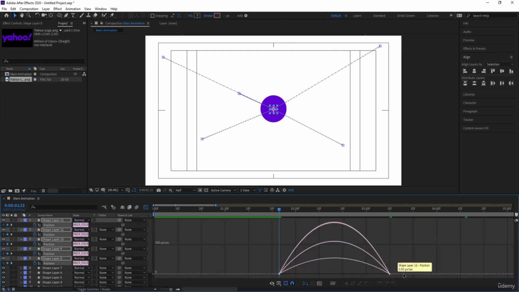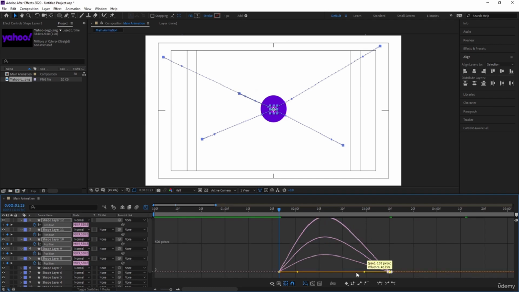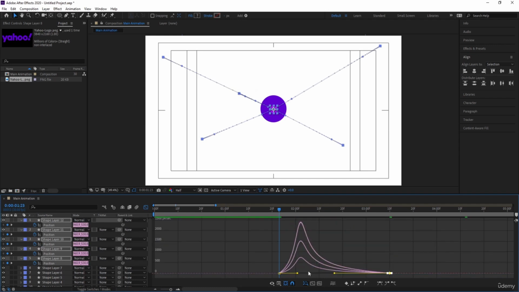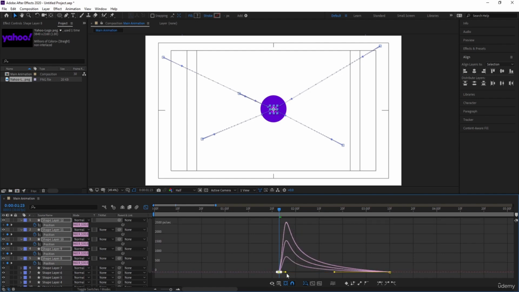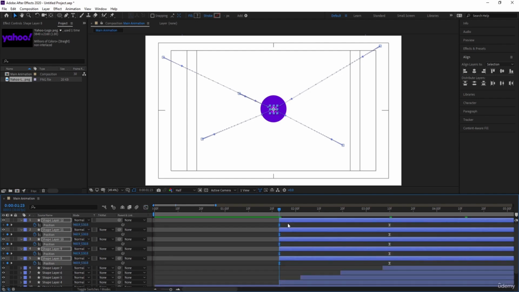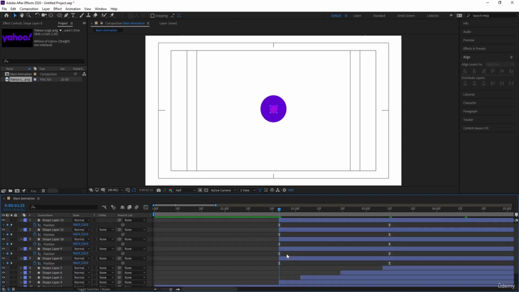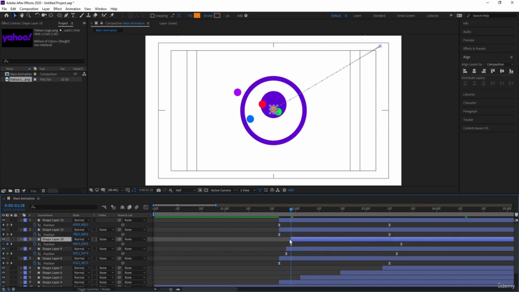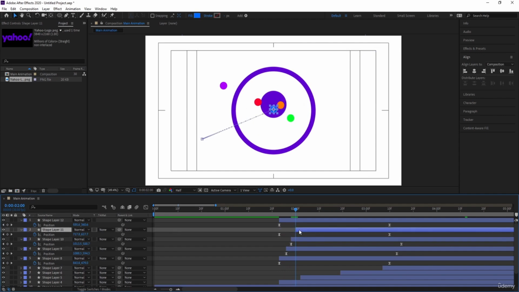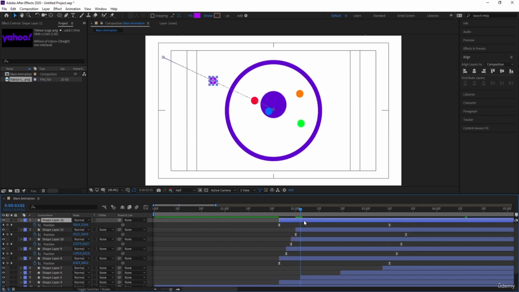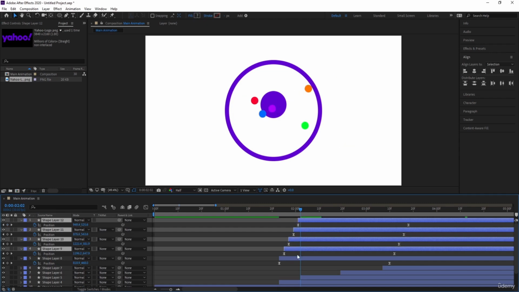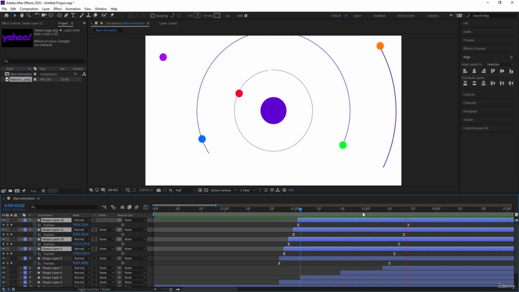Go to the graph editor, select this graph. By holding shift, move this handle over here, select this and move this handle over here. Okay, and we will take a distance of 2 to 3 frames for each and every one of them, like this,